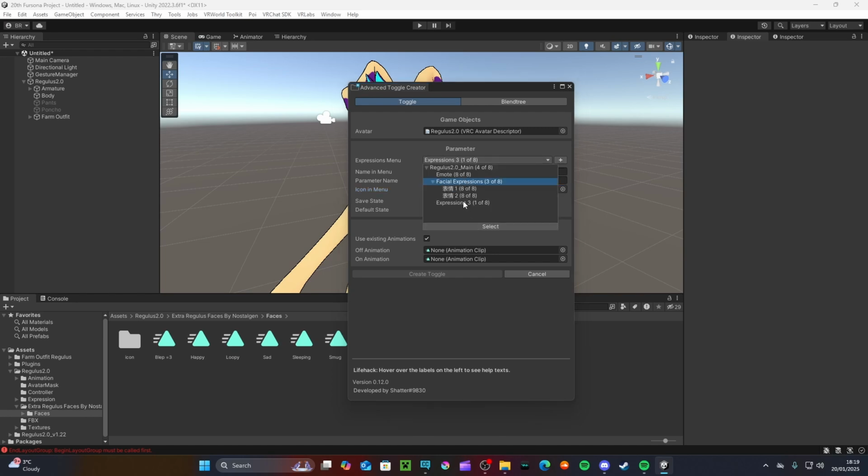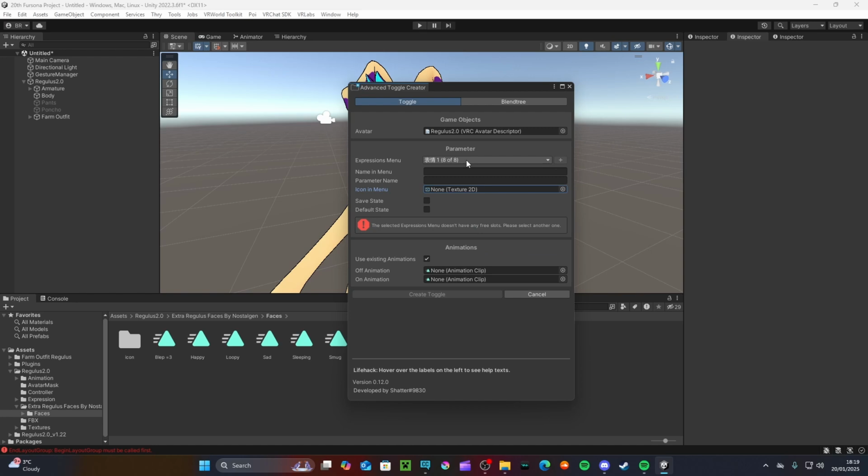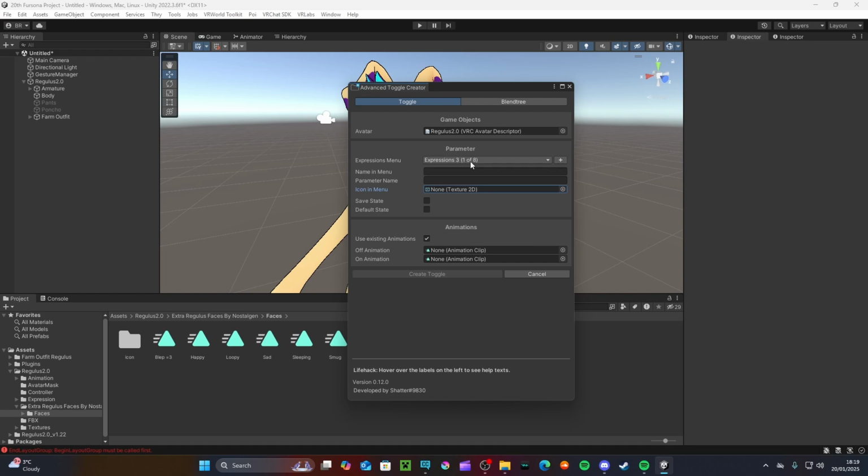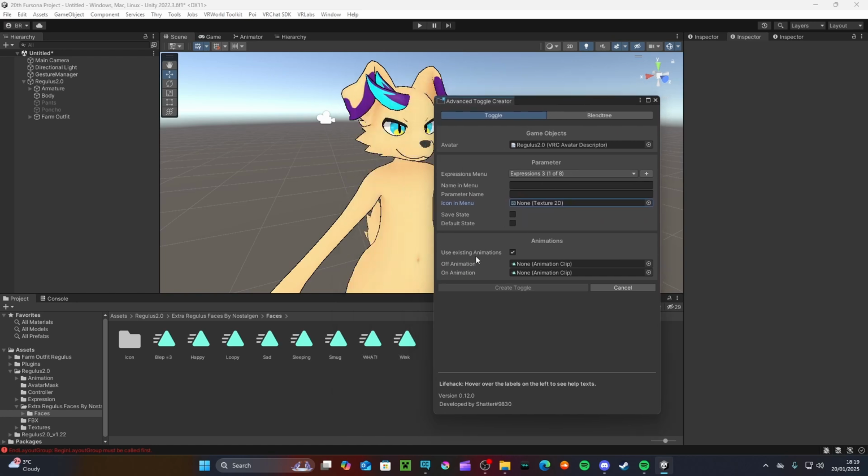If you want to, you can select other ones by doing this. Click on that, select. But if it's got 8 out of 8, like it's already full, it will say, sorry, but it's kind of full, so we've got to use this one. So next, we're just going to keep going